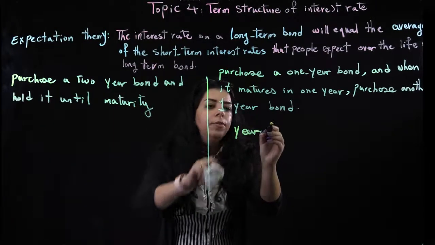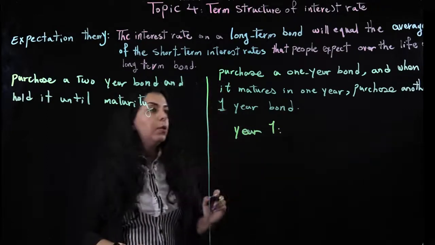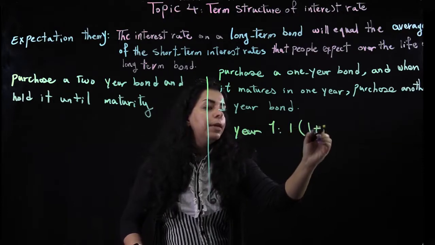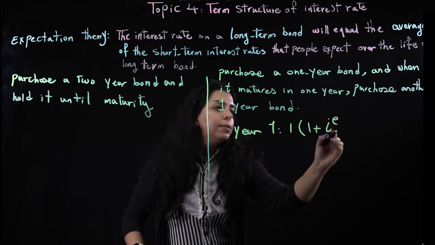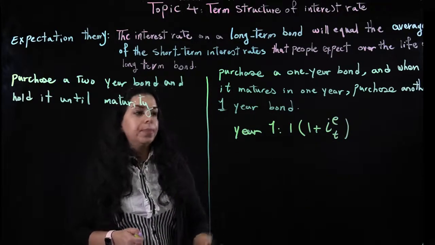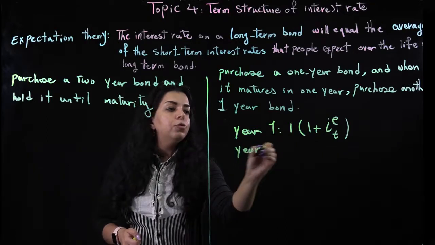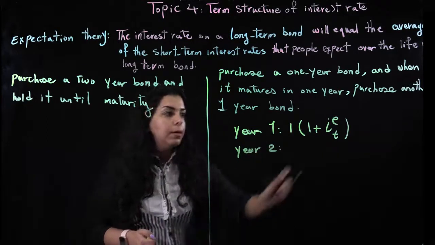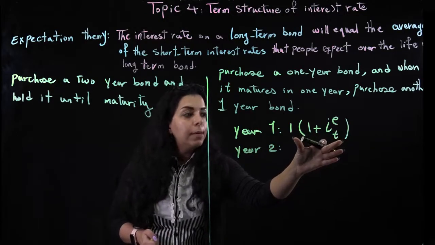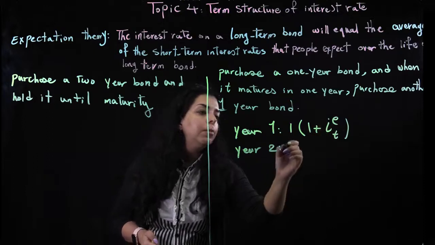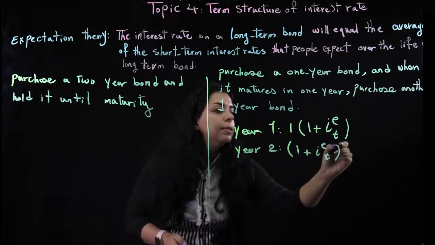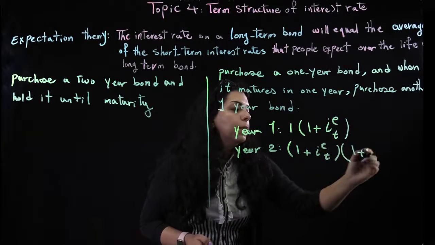How much is our interest, how much have we earned on the bond if we invest for 1 year? So at the end of year one, the interest that we are earning is this much, right? Simple interest rate. Then at the end of year two, how much are we earning? At the end of year one, we have earned this much. Then we invest this amount of money and we buy another 1-year bond.